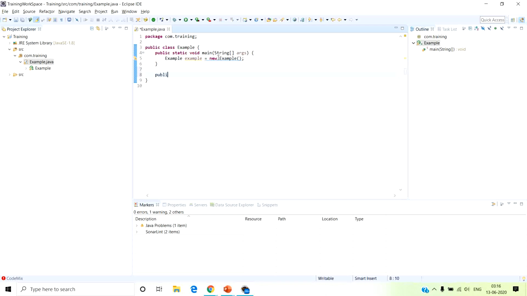Inside this, public void printData. We will learn about the methods also in the same video. Now this is the simple way that you can create the object in Java. Now I'm going to print something inside this, like "first Java object using new"